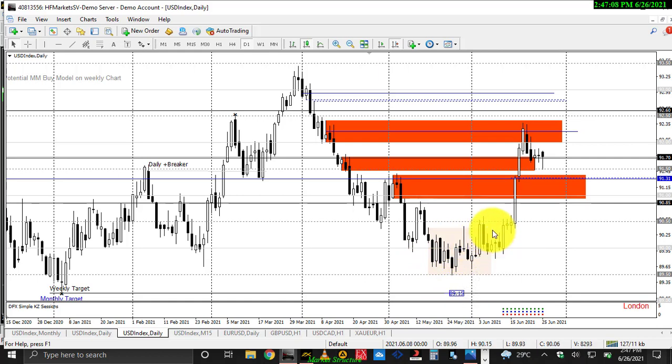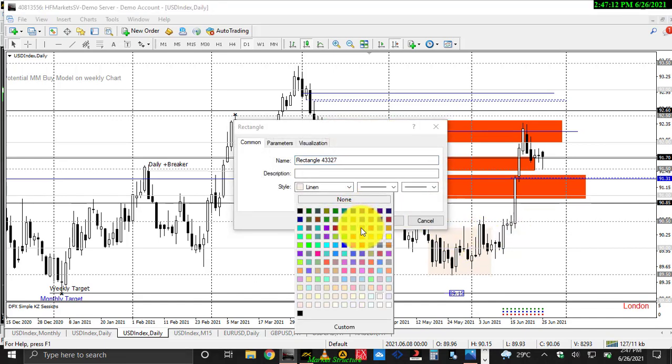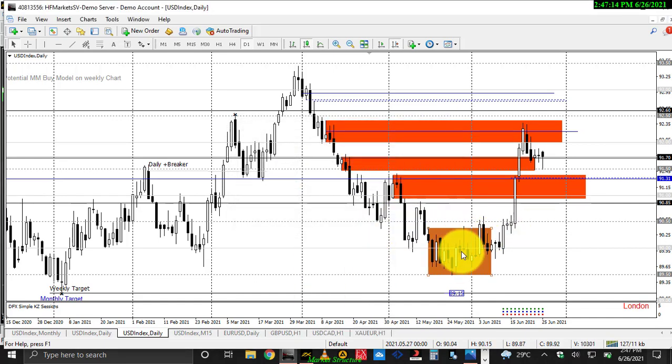You can see the rectangle over there. Initially I expected the buy to be around this area, but I wasn't given that until we took out this low